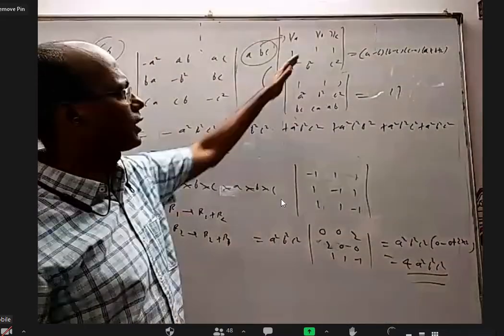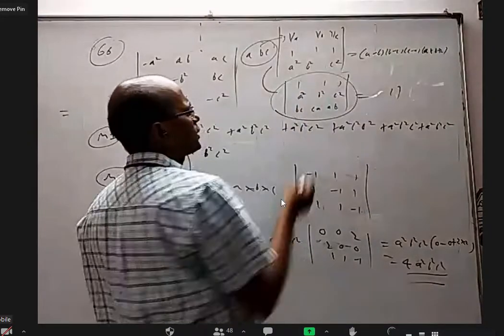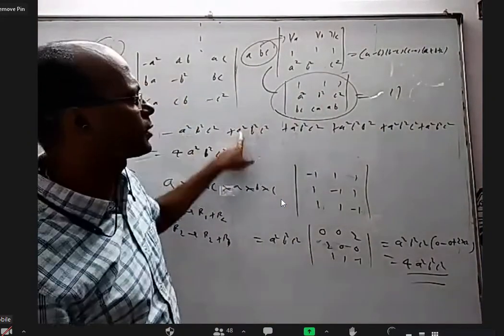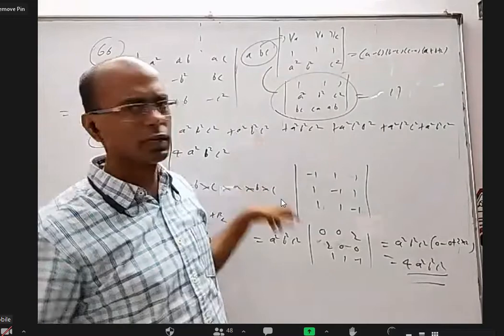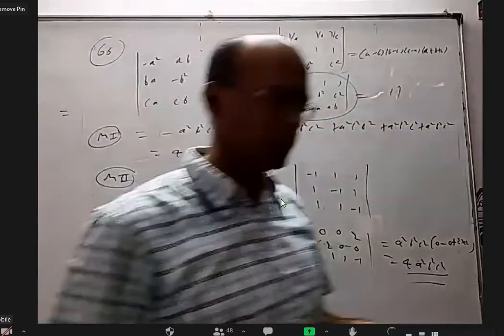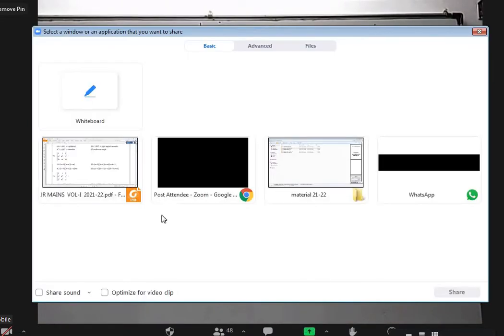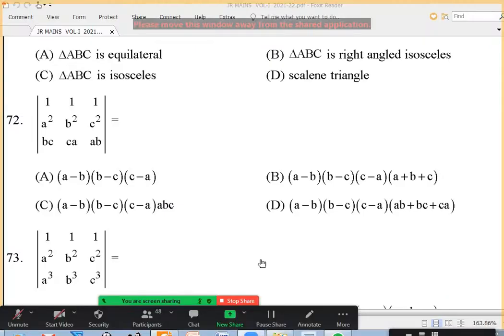Okay. So we can give an explanation why they are the same. Without all that, we can start fresh here. From here, subtract this, we'll get A minus B common. From here, subtract this, we'll get C minus A common. Rest of it, expand, you'll get C minus A into A plus B plus C. You can do it like that also. Okay, this is 72.